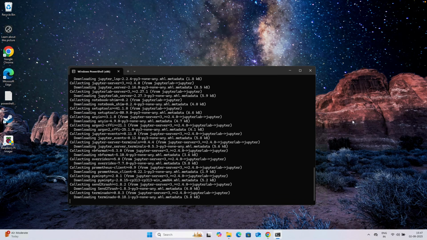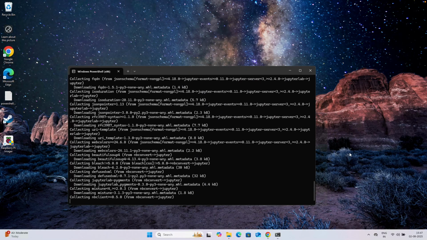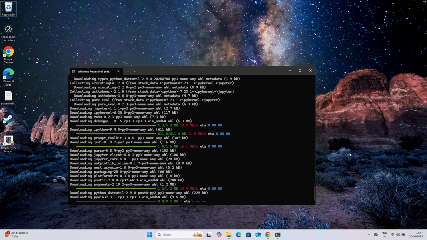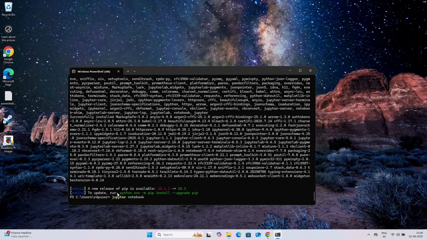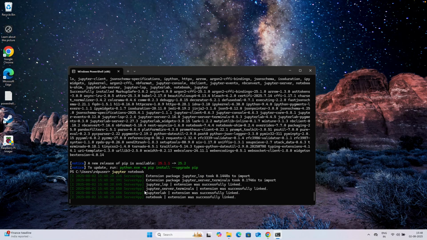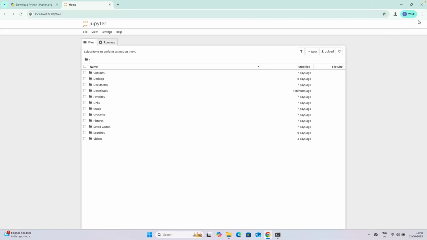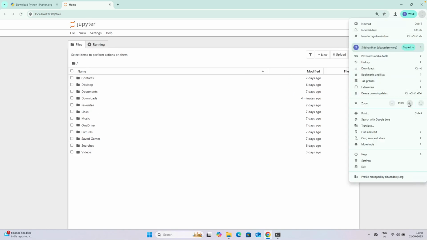This is going to install Jupyter on your machine. So let's wait for this installation to get complete. Okay, so this took 2 to 3 minutes. The installation is done, as you can see over here. Now you can just type in jupyter space notebook, and you will see that it would start the notebook, and this would open a Chrome tab or any browser. It would show you just like we have done on Google Colab. Here, instead of running it on cloud, we have installed Python on our machine, and we did a pip install of this Jupyter thing so that we can access this notebook.